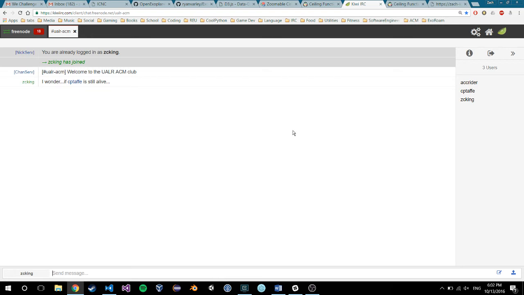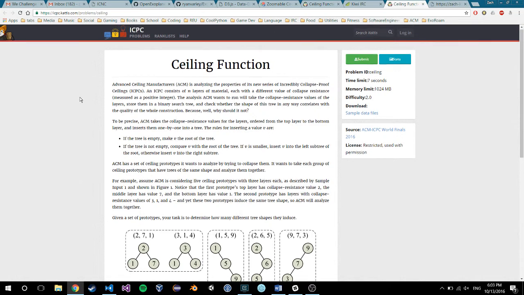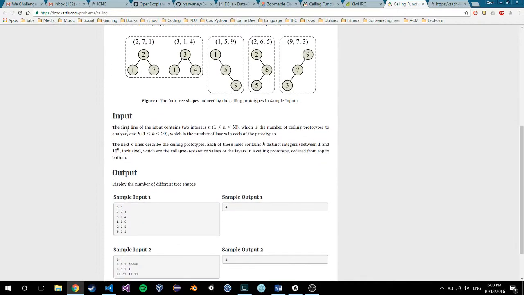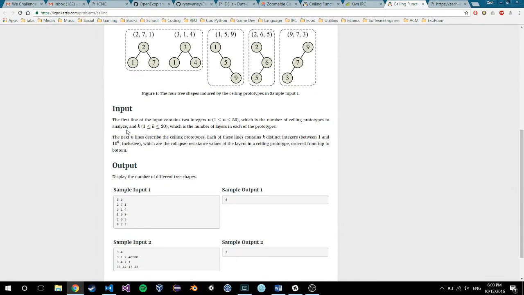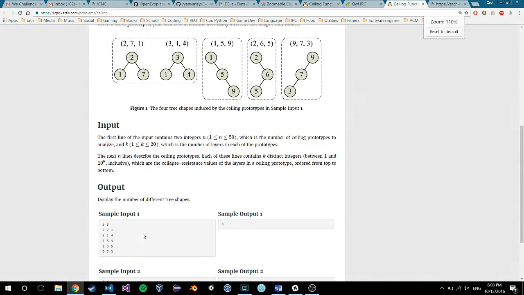All right. Anyway, so the problem I found today, this one's on Kattis. So probably going to be a little bit more difficult, maybe. It's ranked easy on Kattis. But basically, I'll give you a rundown, so you don't have to read all that so much. They give you this input, and